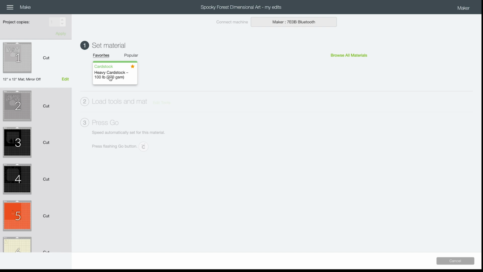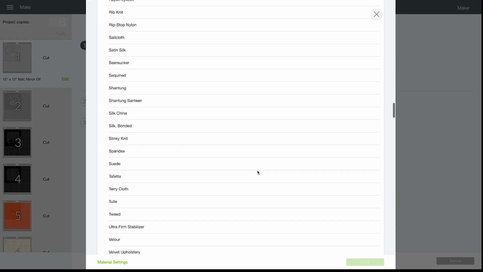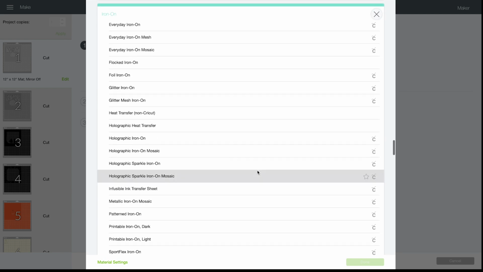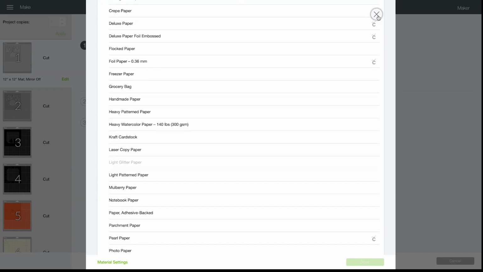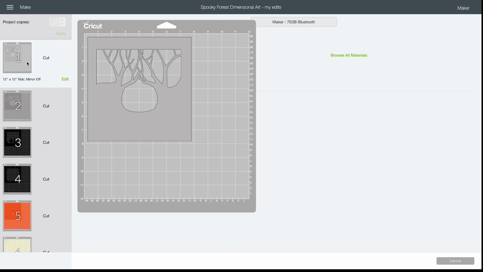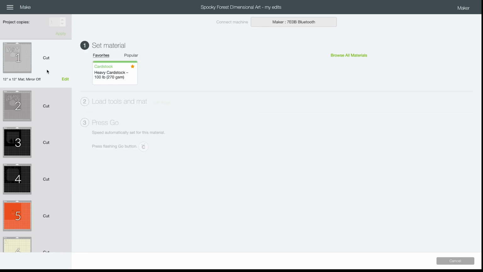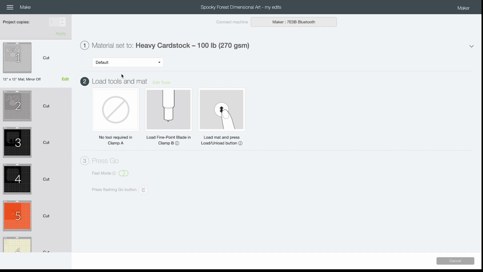You can also click browse all materials, and they have tons. I'll show you really quickly. They have tons that you can choose from. Fabric, iron-on, leather, paper, you know, all kinds of different stuff. So we're going to go with cardstock. Again, remember the mat over here that is highlighted is the mat that you are going to be cutting with, or that is going to be cutting first or next. So I'm going to go ahead and click cardstock,